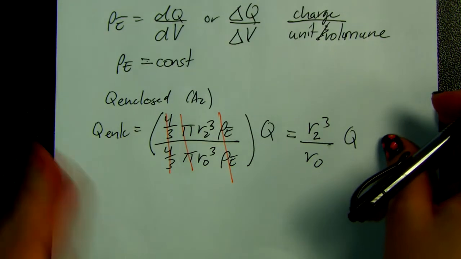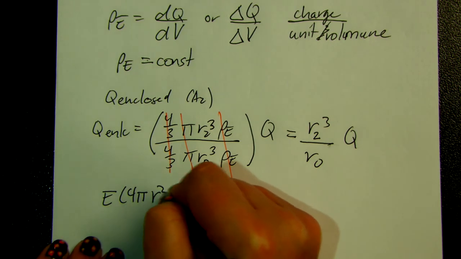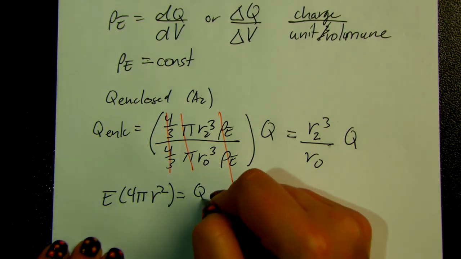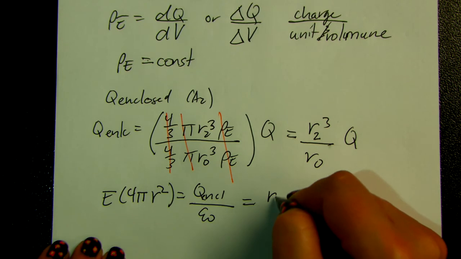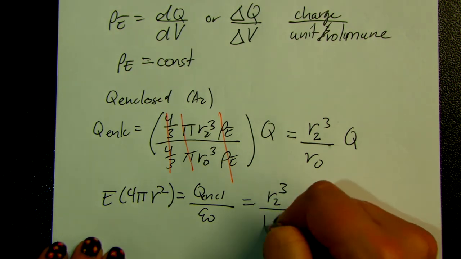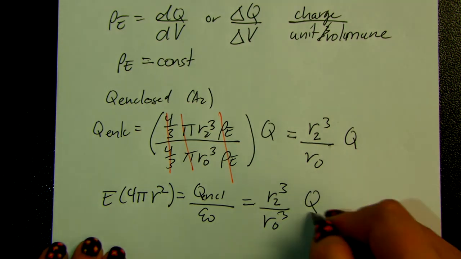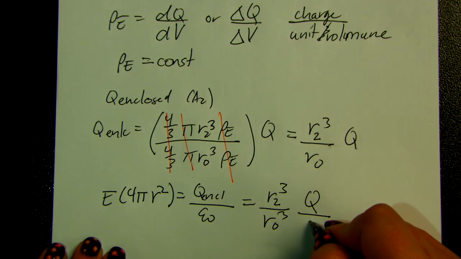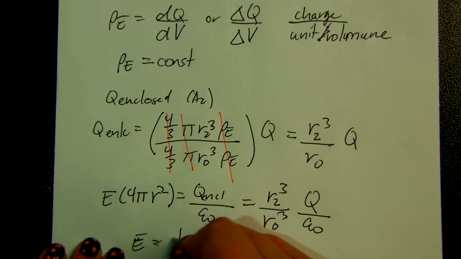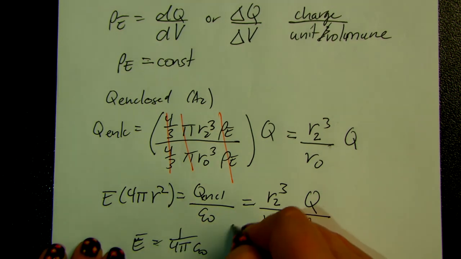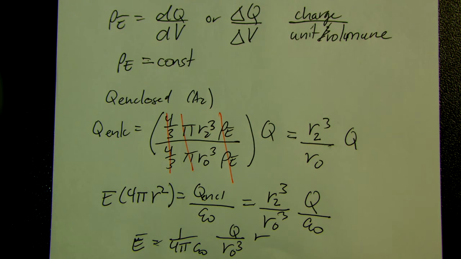So now we can go after Q enclosed. So we have E times 4 pi R squared is equal to Q enclosed over epsilon naught is equal to R2 cubed over R0 cubed Q over epsilon naught, giving us E is equal to 1 over 4 pi epsilon naught Q over R0 cubed times R. All right, so